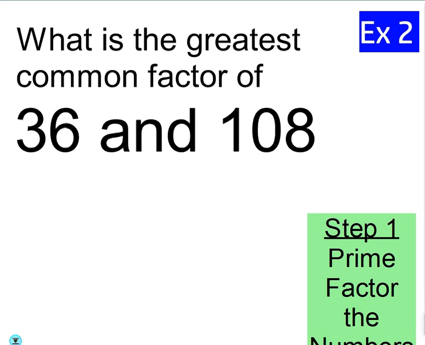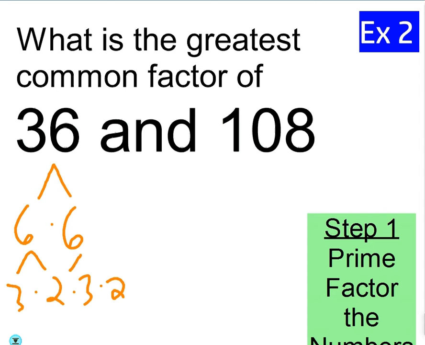Let's try 36 and 108. What's the prime factorization of 36? It's going to be 6 times 6, which breaks down to 3 times 2 times 3 times 2. If I do the prime factorization of 108, any ideas on that one? 12 times 9. Oh, I think you're right. Yeah, I think it's 36 times 3. Good call. He kind of saw a shortcut. If 36 goes into 108, then that must be the GCF because nothing's bigger than 36. The way I did that is